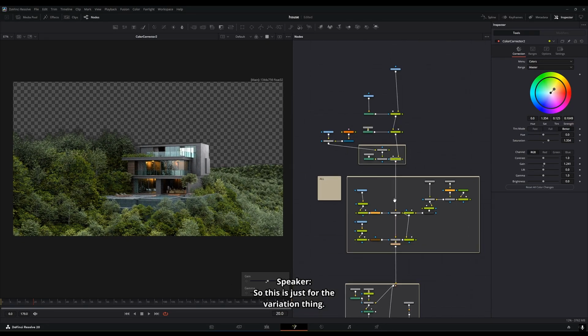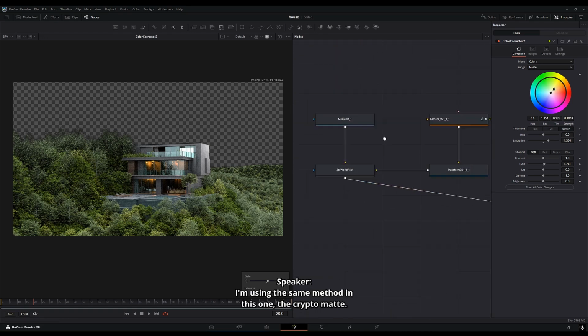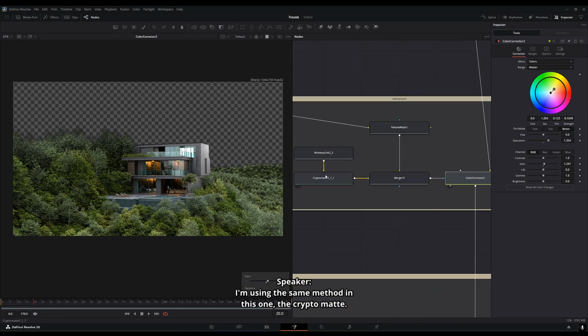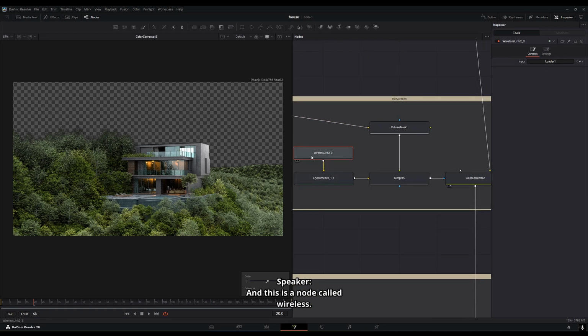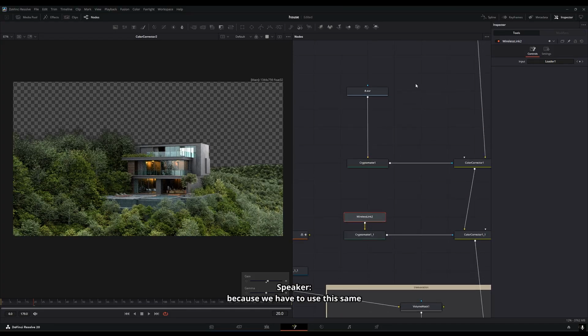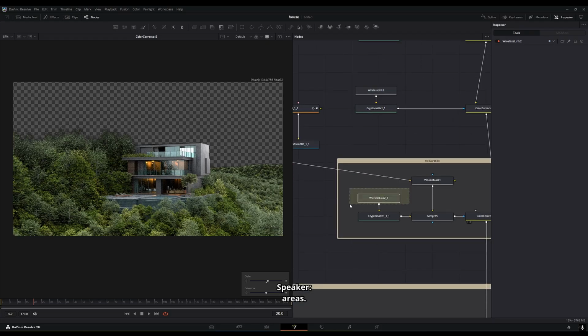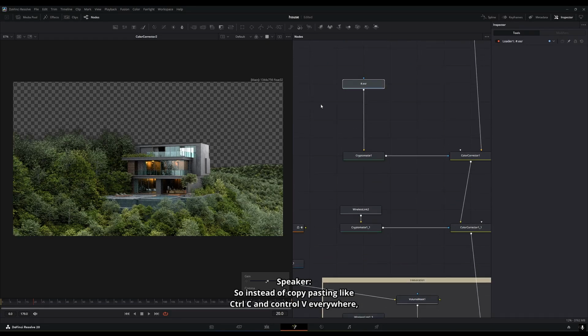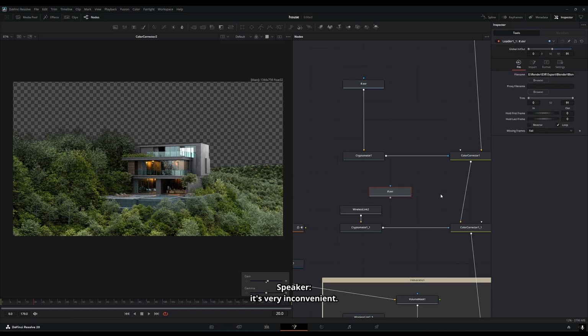So this is just for the variation thing, and that's it. I'm using the same method in this one, the Cryptomat, and this is a node called wireless. I'm using this wireless node because we have to use this same Cryptomat in multiple areas. So instead of copy pasting with Control C and Control V everywhere, which is very inconvenient,